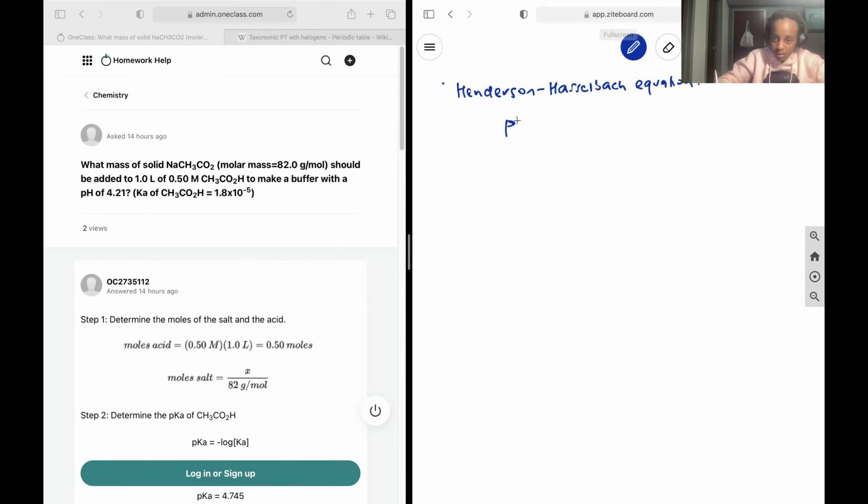And that simply states that the pH is equal to the pKa plus the logarithm of the concentration of salt over the concentration of acid. Okay, so we know that the concentration of salt would be completely dependent on how much of this is added because of the dissolution of it. So what is happening here is,